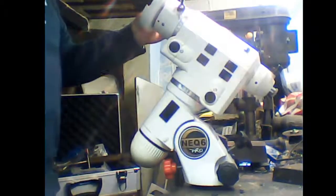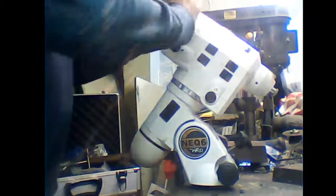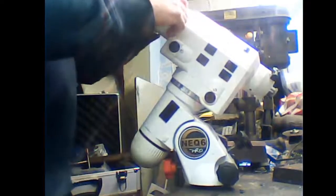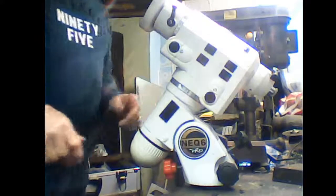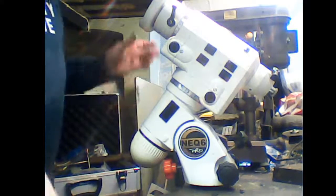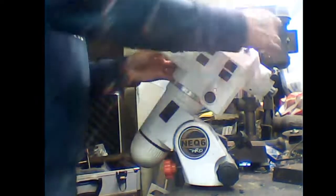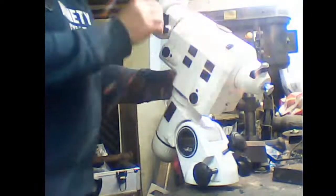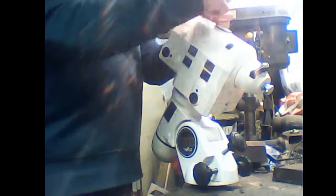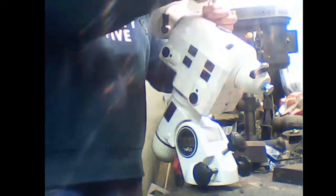Right, make sure it works. Okay, right, and now we're going to take the backlash out. You should all know how to do this by now. 2 grub screws, top and bottom, tightening the curved end one up,